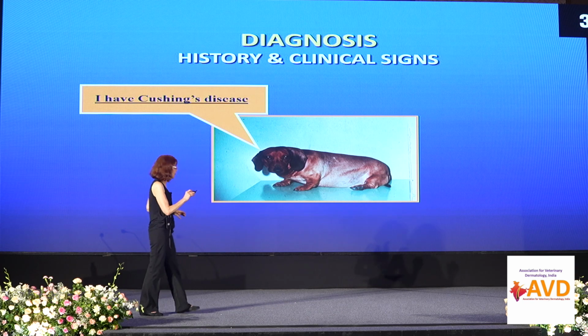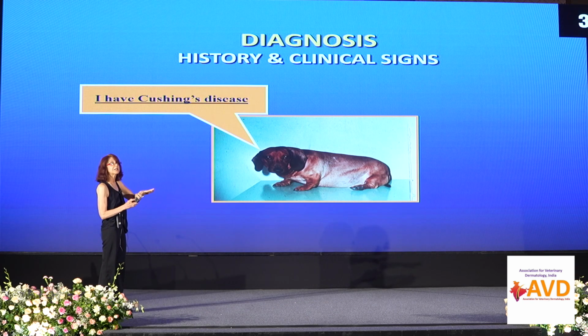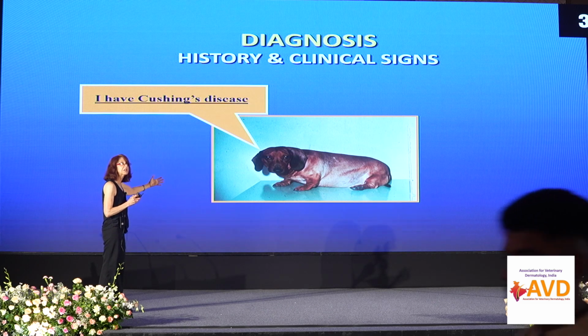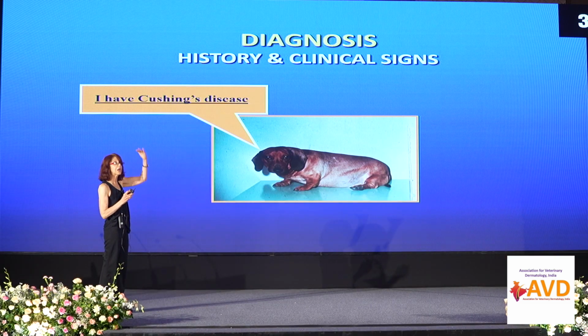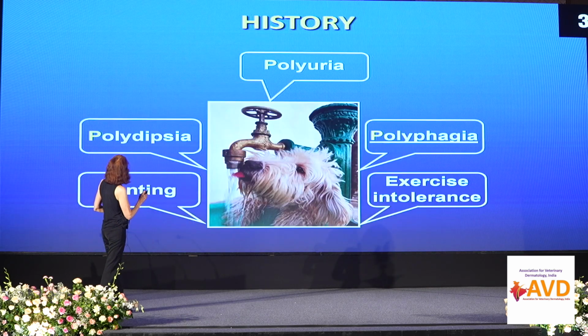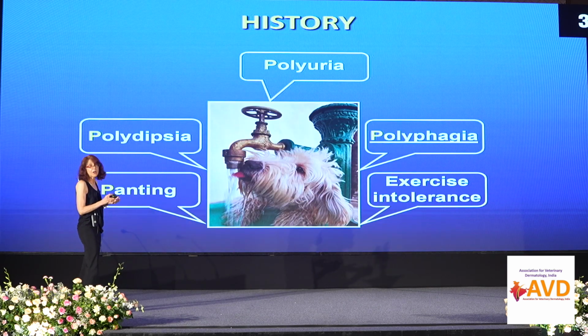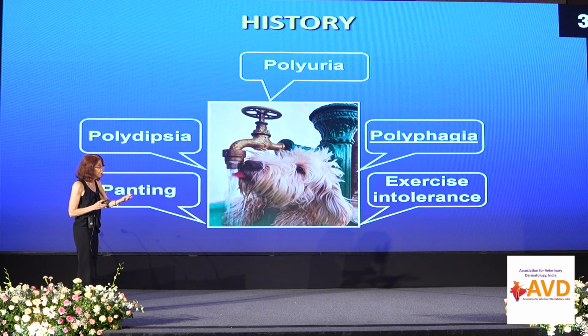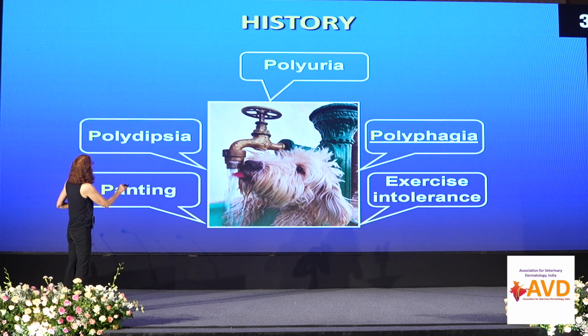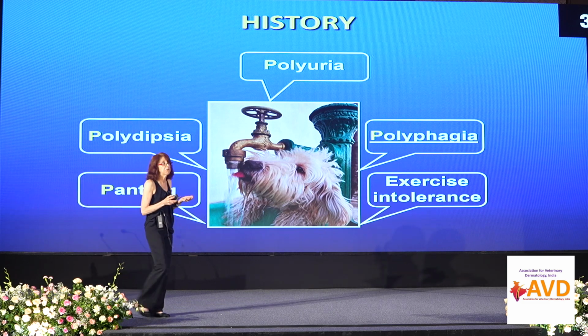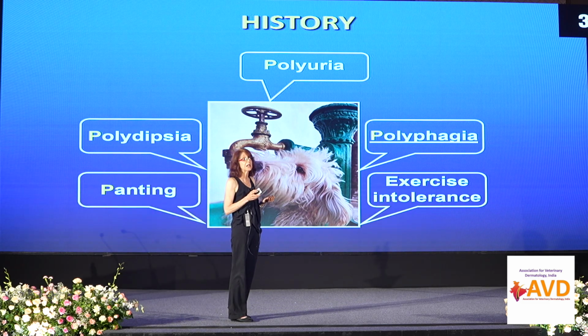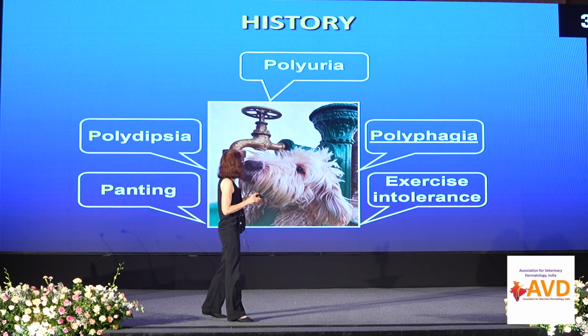But we don't just stop there, right? You have to do some testing to not only confirm your presumptive diagnosis, but also in this disease to localize where the problem is. So we'll be talking about that. So history, and not all these clients will tell you all of this, we'll discuss here. So polyuria, polydipsia, and polyphagia occur, I would say, in more than 80% of the cases. Not to say 100%, but if you read the literature, it's more than 80%. Those are very common signs.